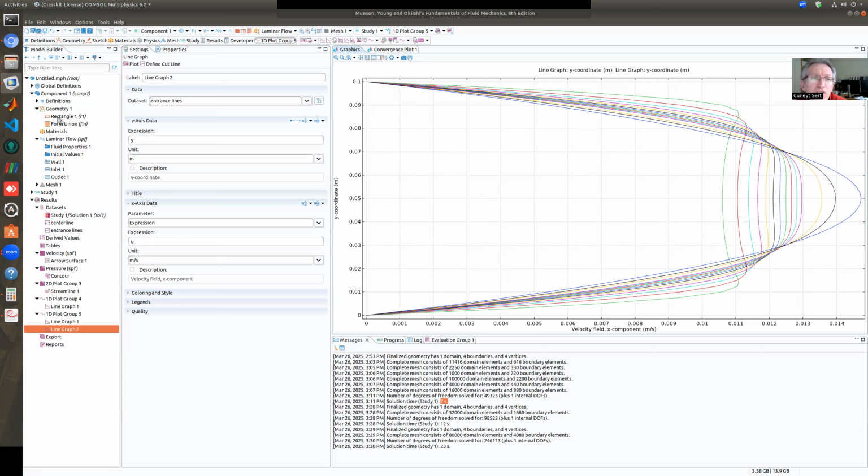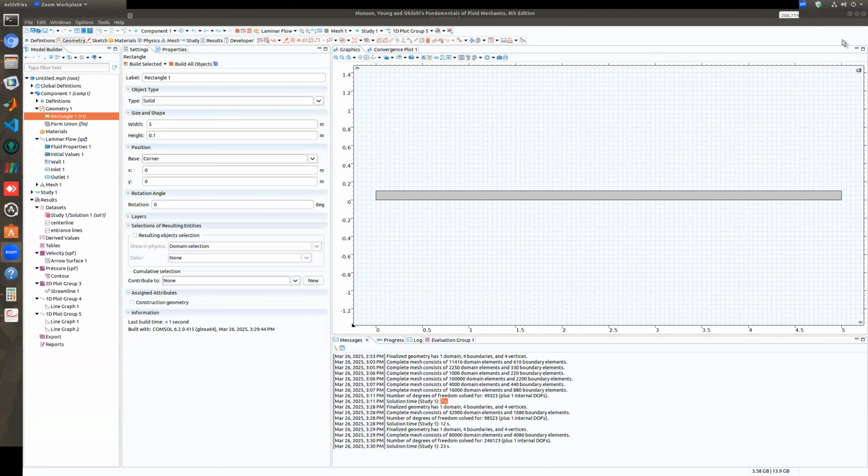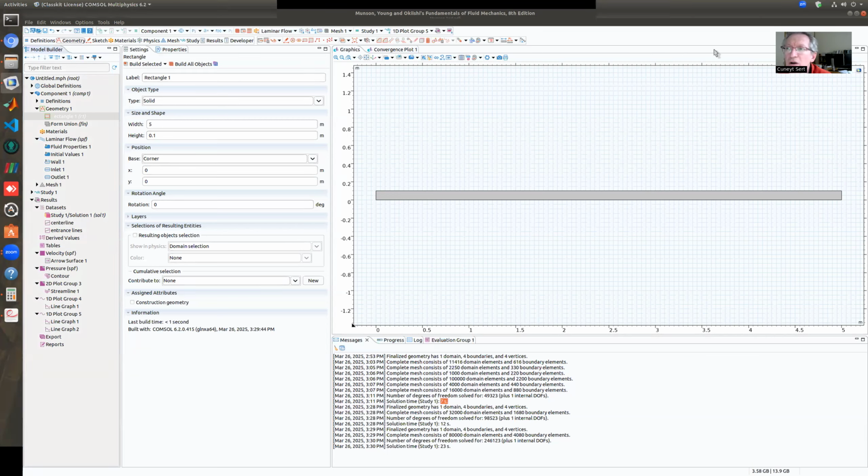All right, so I will just generate a different geometry. I don't want this channel to be this long, I will make it a bit shorter. I will say, for example, maybe 2.